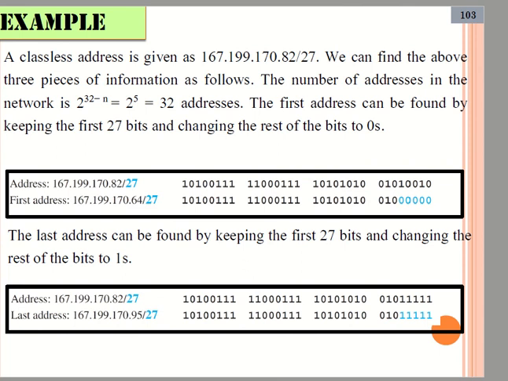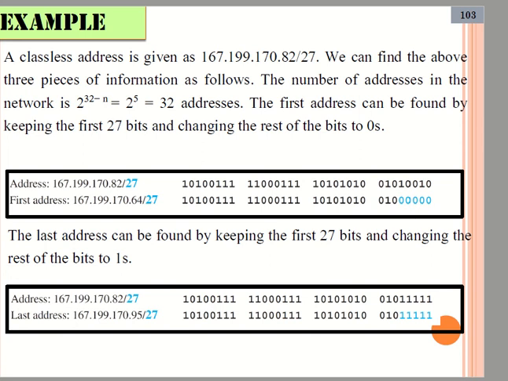Similarly, to find the last address, as I said, we need to make the last 32 minus n bits equal to 1. So 32 minus n is 5. In the given block address, the last 5 bits we have to make equal to 1. So in this particular problem,